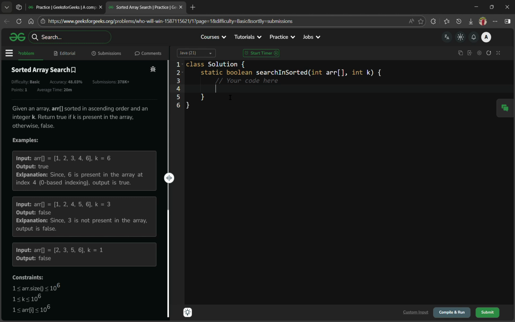Hello everyone, today we are going to solve the problem sorted array search. In this problem, they give an array which is in ascending order by default and an integer k. Our task is to find if the integer k they give is present in the given array or not. If it is present, the output should be true, and if it is not present, the output should be